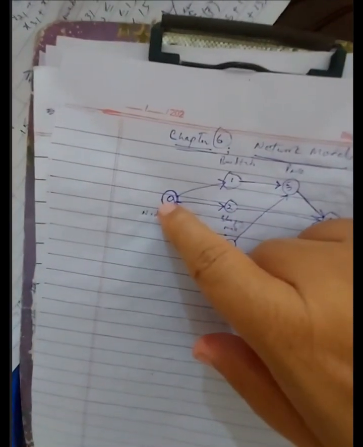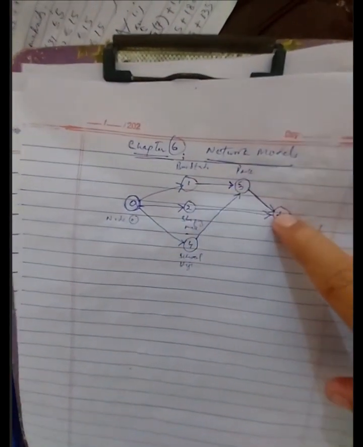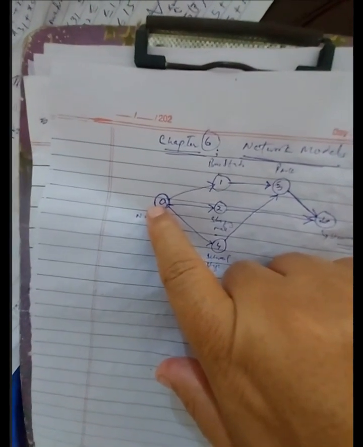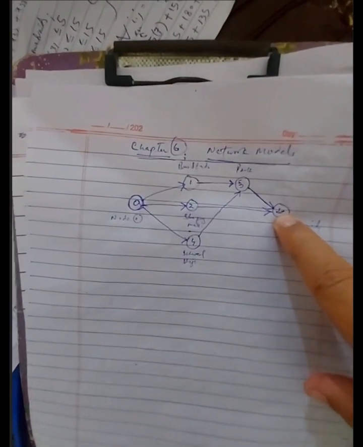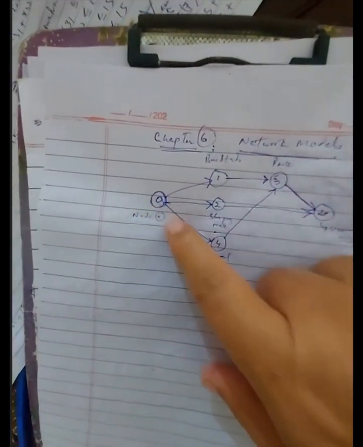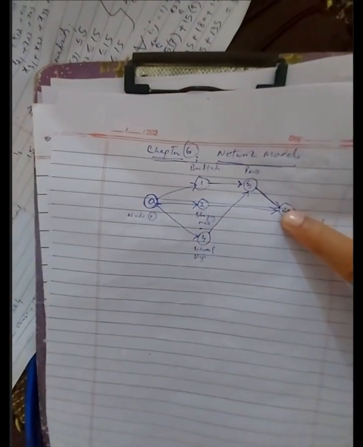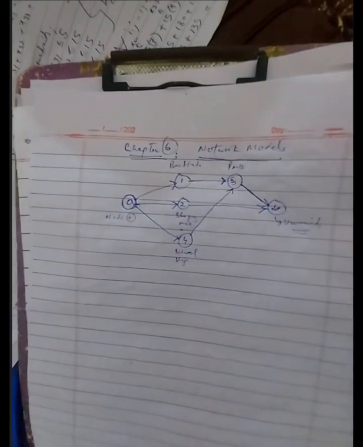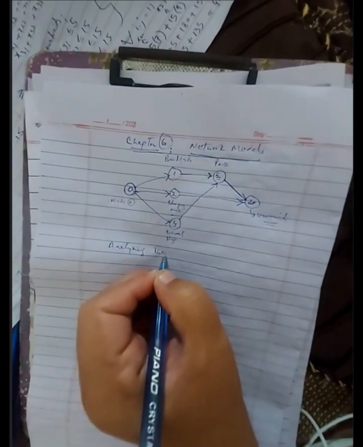The first one is passing through point 1, then to point 3, and then to point B. The second alternative is you go from point 0 to 2 and then directly to point B. The third alternative is you go to point 4, then to point 3, and then to point B and reach your destination. So the network model is analyzing these alternatives actually